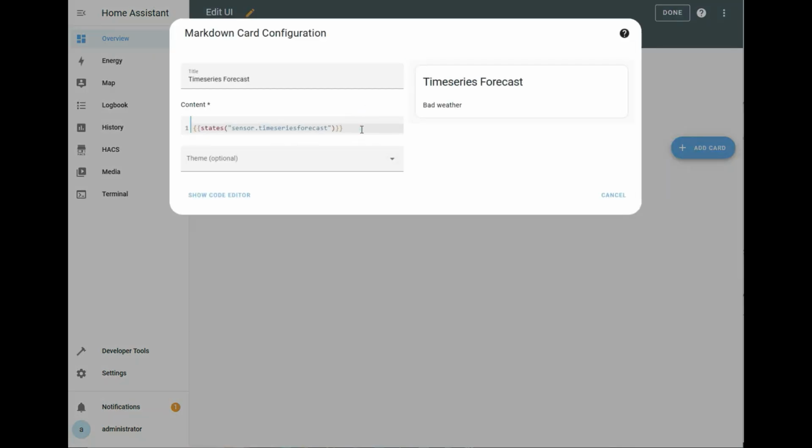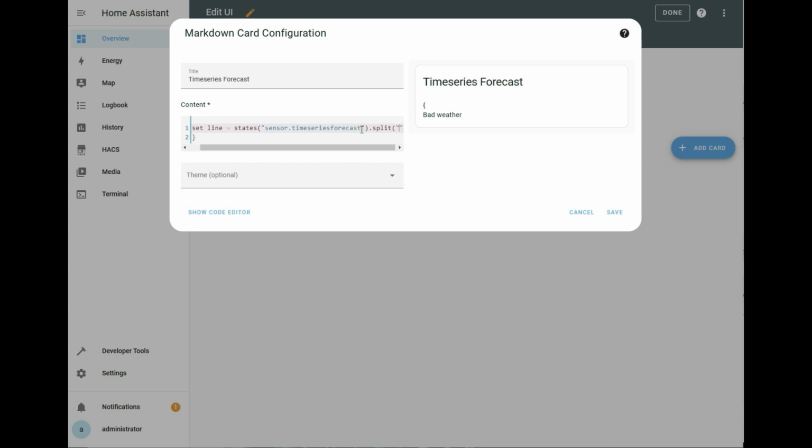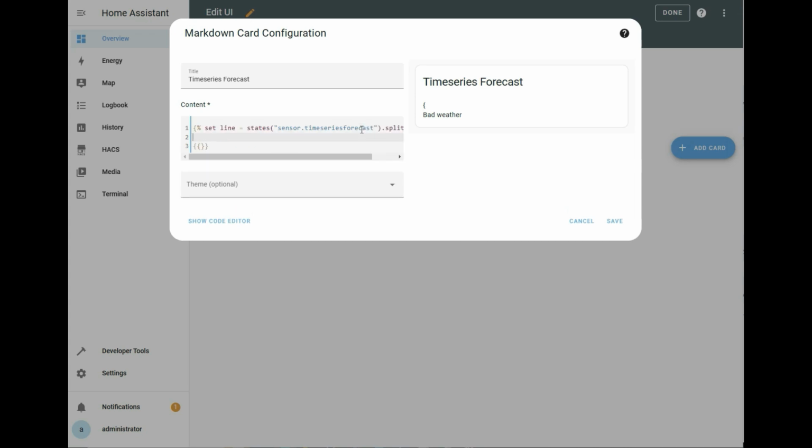What we now can do is try to write some code to display multiple values. So we will then be able to post some comma-separated values into our MQTT message, and this will then be processed in our screen. For this we set a line with the content of sensor time series forecast, and we do a split command after it. We set a comma as a splitter,